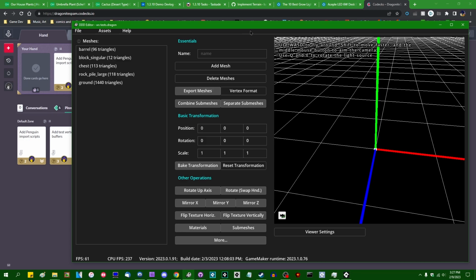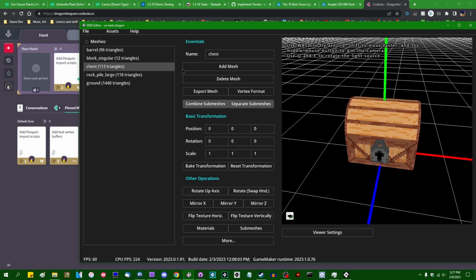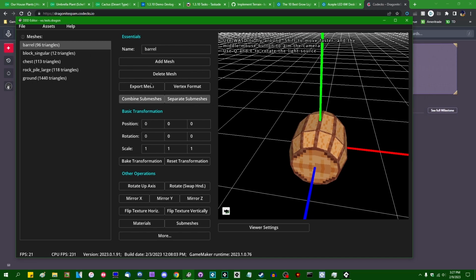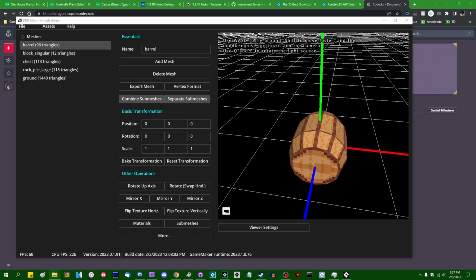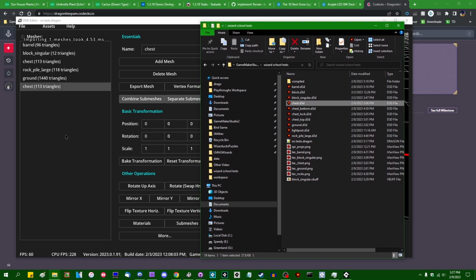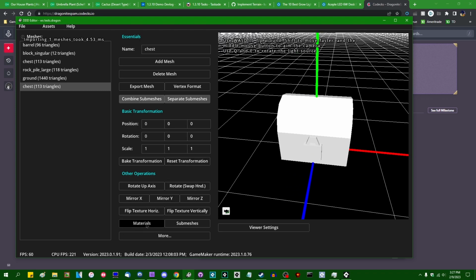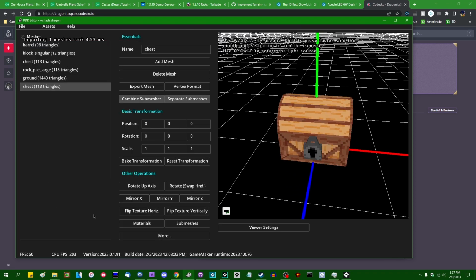I'm also going to probably start talking a little bit more about this 3D model conversion program that I've got. I messed around with it a little bit last week, but didn't really explain for anybody who isn't familiar. I guess I'll do that now. This is my 3D model manager. It is a program which you can drag and drop 3D objects into, whether those are old GameMaker 8 D3D files or regular wavefront object files. And you can look at them, assign a texture to them, and transform them in different ways. It's also got some